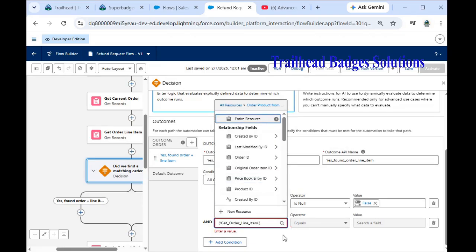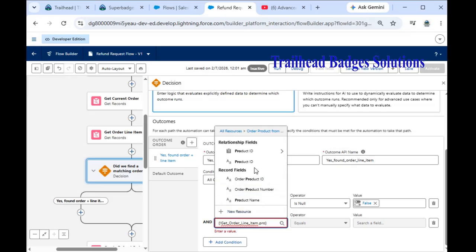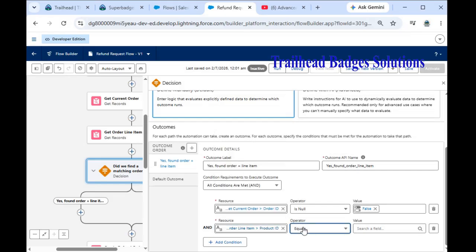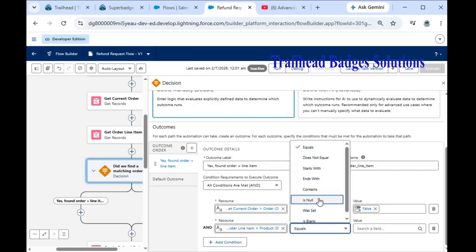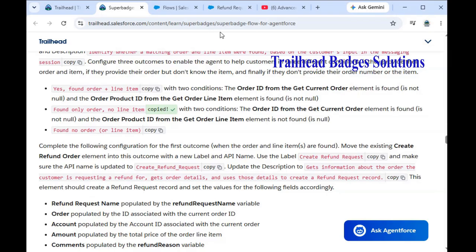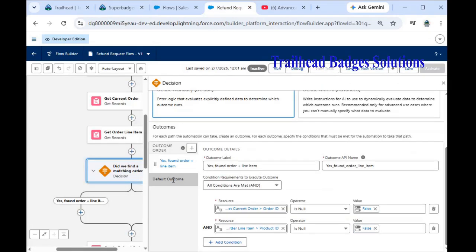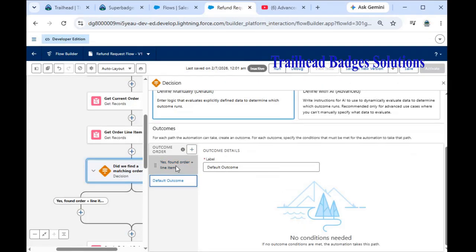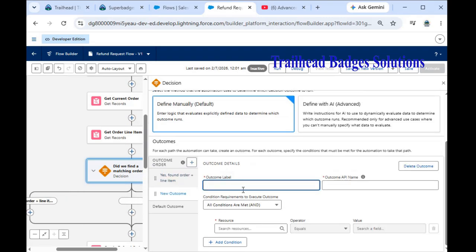Product item ID, product ID, is null, false. Yeah, and the second outcome is, we need to create one more outcome here. This is that label of,